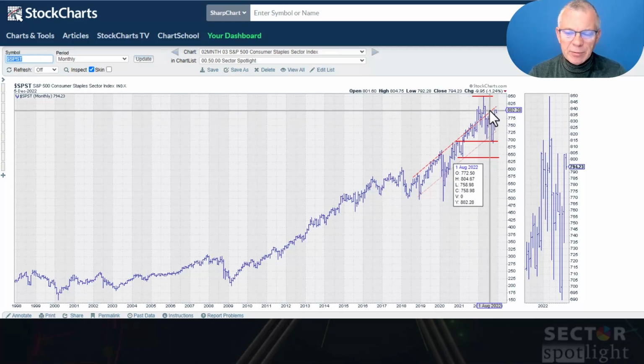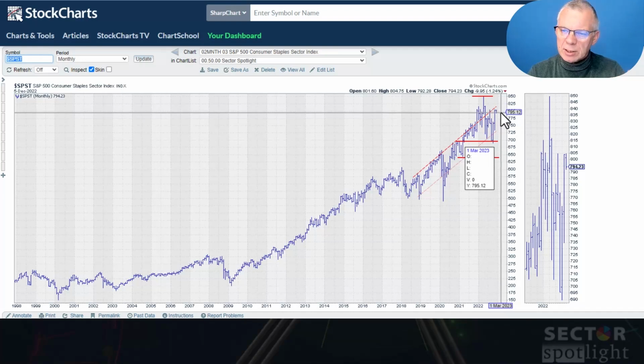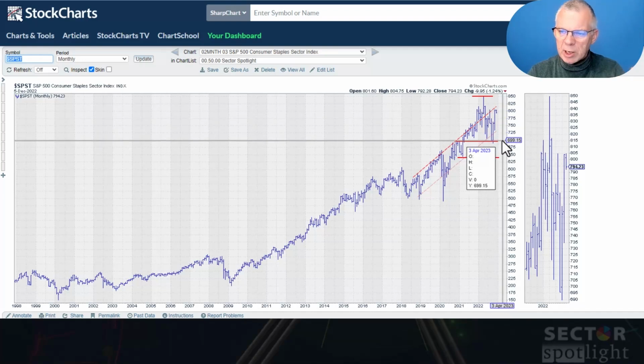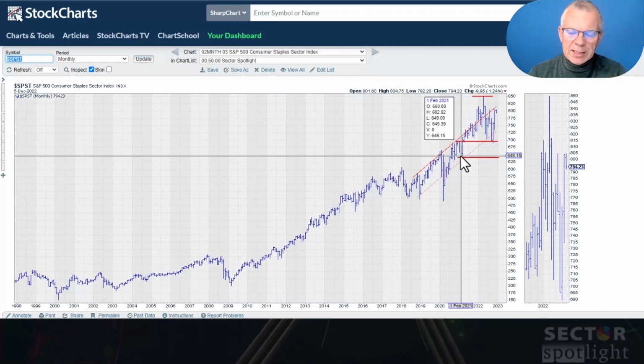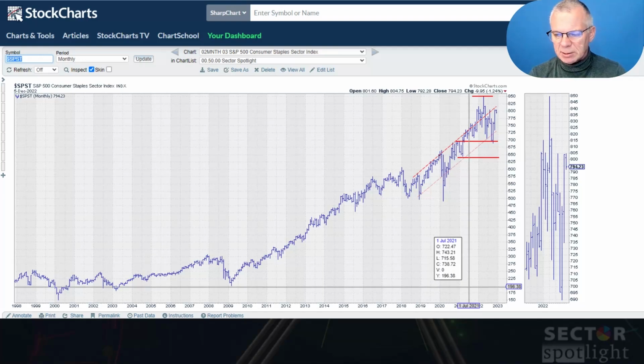And we're very close to that resistance area right now, which means that the downside is all the way open back to that 700 level. Now, this is a defensive sector, so if you play offense, defense, and with the pressure on the S&P 500, I wouldn't rule staples out, but it is a downtrend. We can't deny that, and the downside risk is much bigger than the upside potential for this sector.